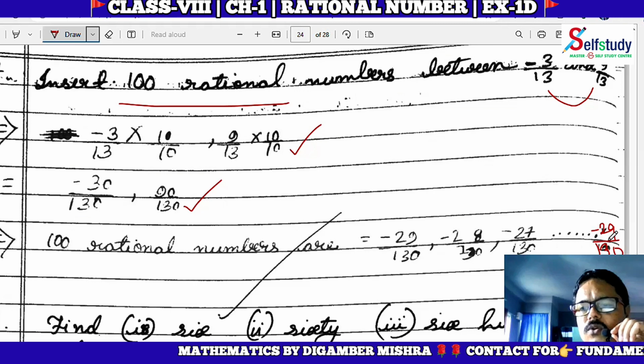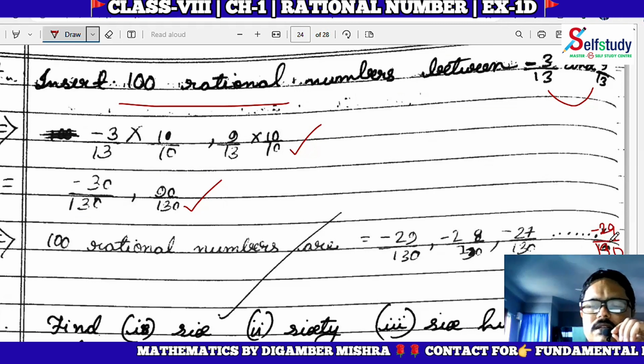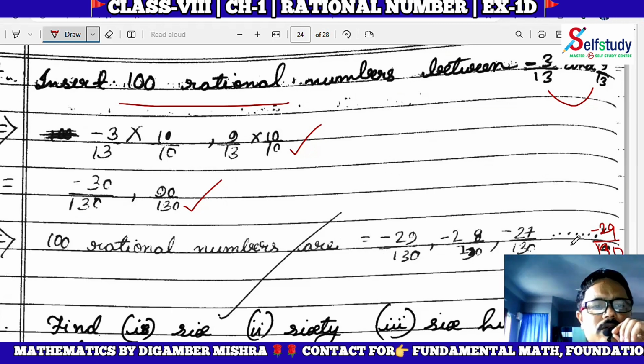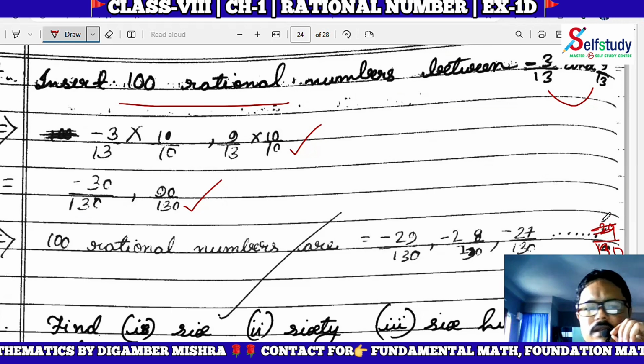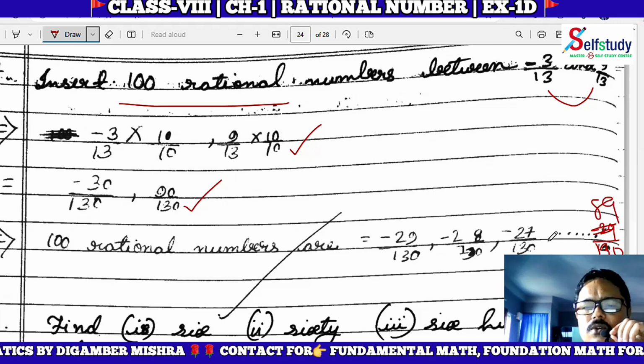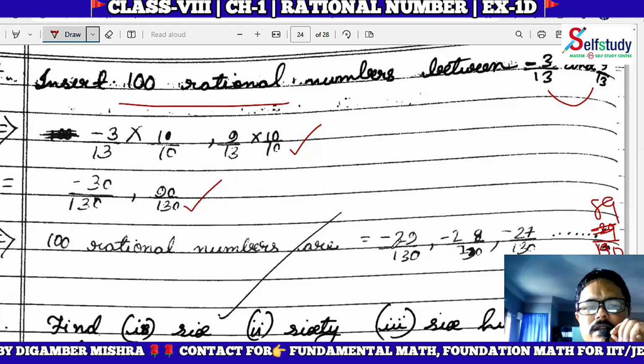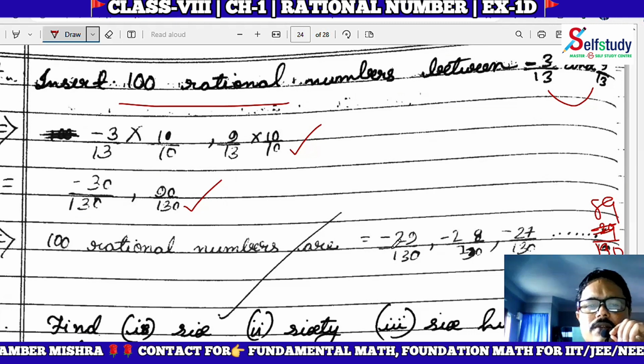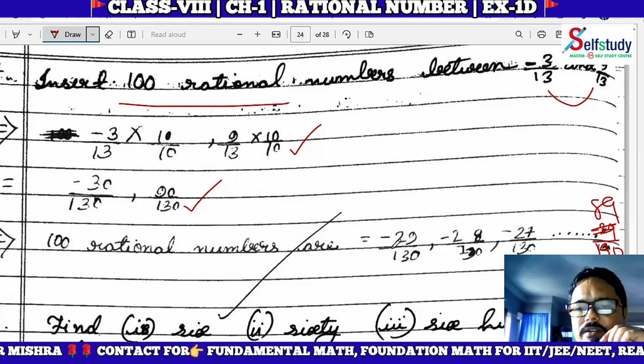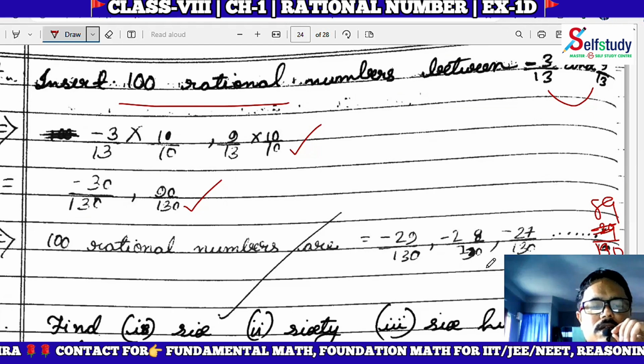If you put dot dot dot, then the last limit also you have to mention here. We cannot go beyond this in between. No, not minus, I wrote something wrong here, it is 89 by 130. Because we have started from minus 29, on the positive side, right side, it will reach till 89. Okay, so these are the answers.